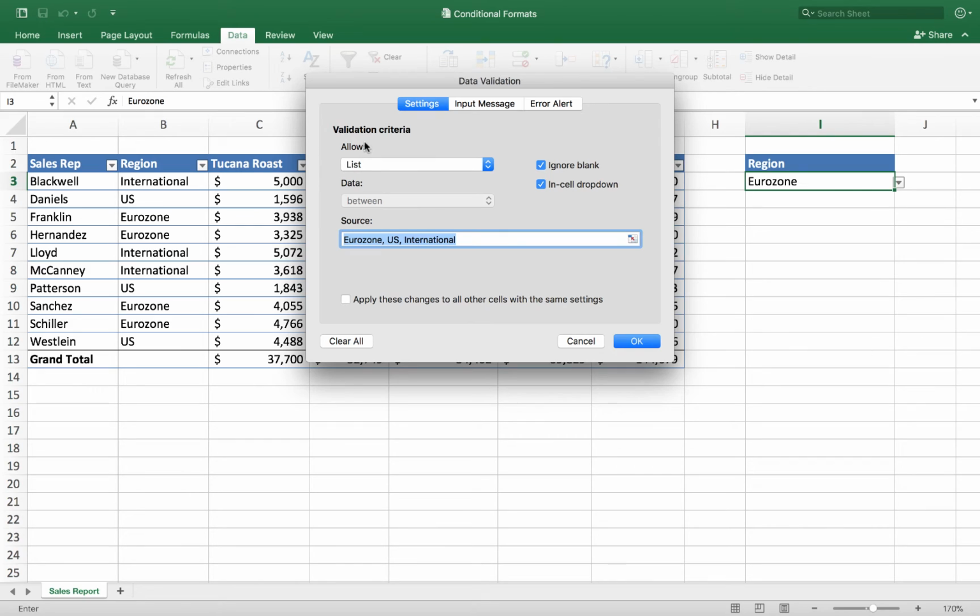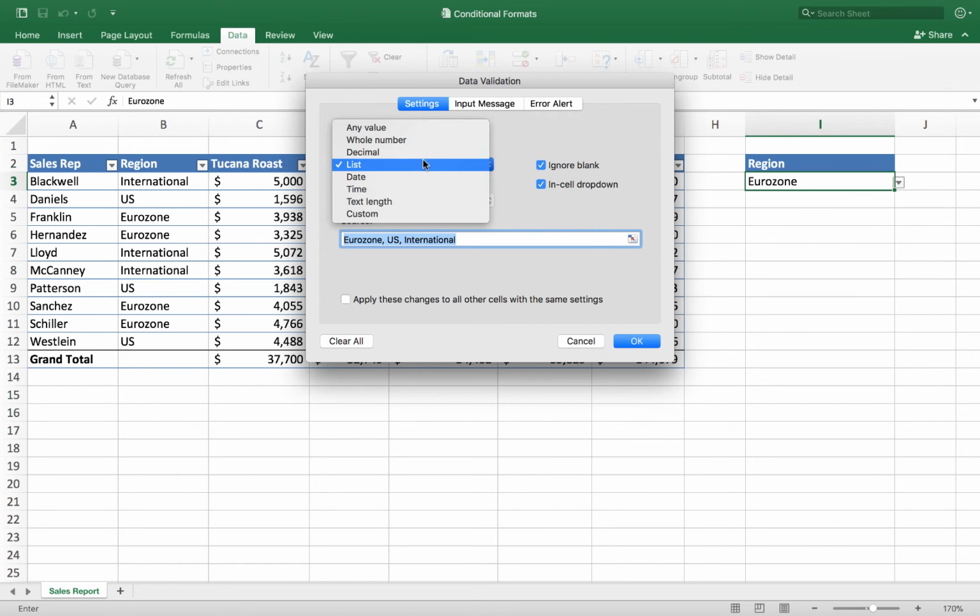When you first start out in Excel, people can type any value they want in a cell, but look at all these different rules I can set for what people can type in a cell. I can say they can only type in numbers, or just decimal values, or just dates or times. So you can control what goes into cells, and this is really useful. Sometimes you might want to send out a spreadsheet for other people to fill in, and people never do what you ask them to, right?